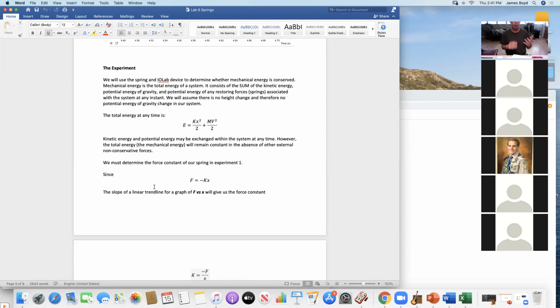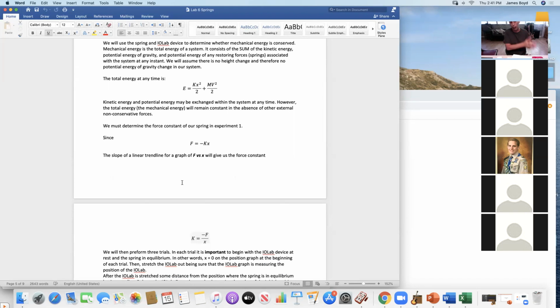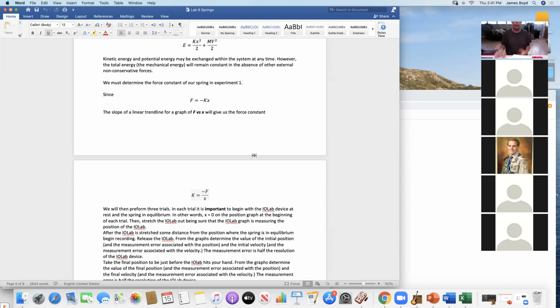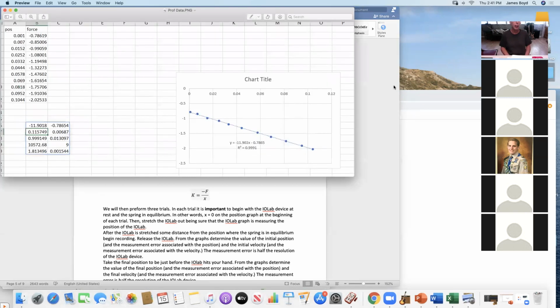Then open it up with the position and velocity graph. Pull it about 10 centimeters and release it. Do that 3 times. Get the data when it's at a position when the velocity is 0, and at position when X is 0 and the velocity is maximum. Don't let it go too far. I essentially want you to get the velocity when it's at the equilibrium point, because, oh good, this is Ollie's